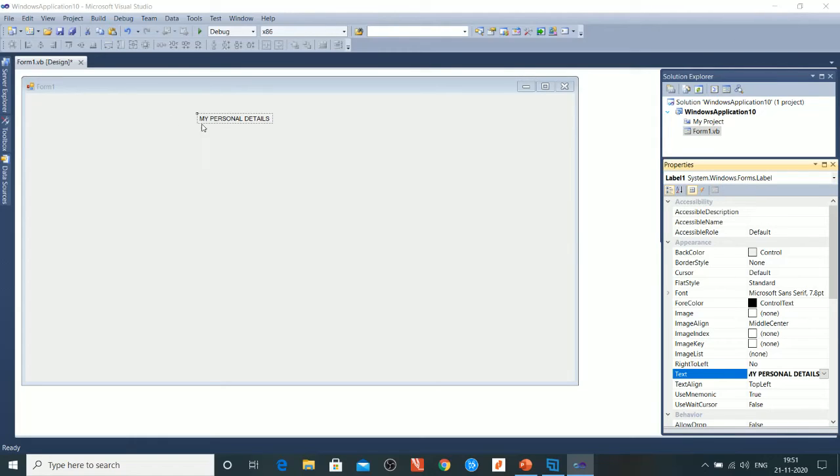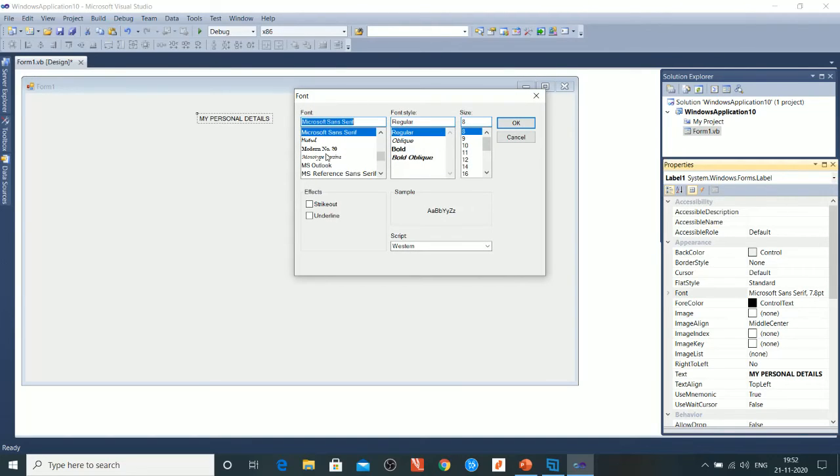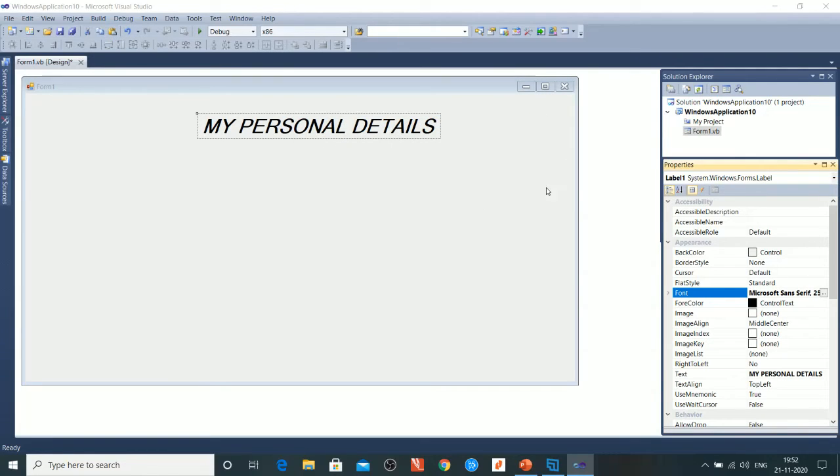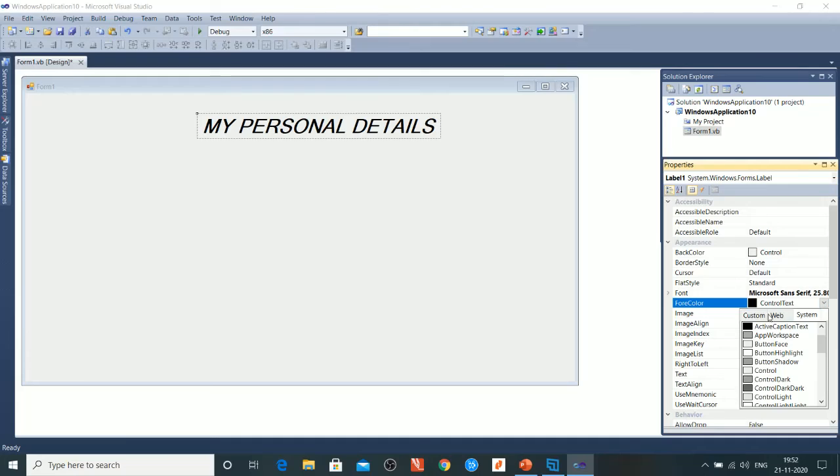In the previous chapter we already learned how to change the font color, how to change the background color, and how to change the font size. Okay, so I will explain it again. Move on to the font property. Select the font property, and in the font dialog box let us change the size and style as you wish. So it can be changed like this. If you want to change the letters color, that is text color, you select the fore color property. Then in that you select custom and change the letters color as you wish.